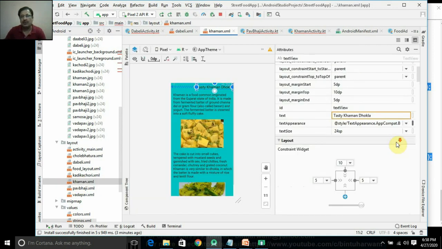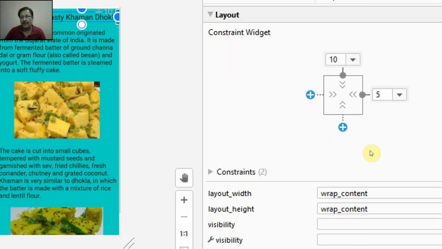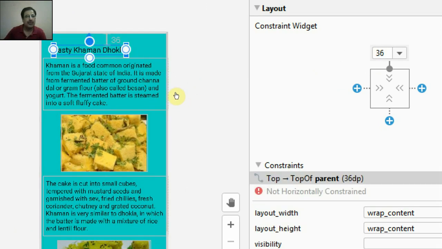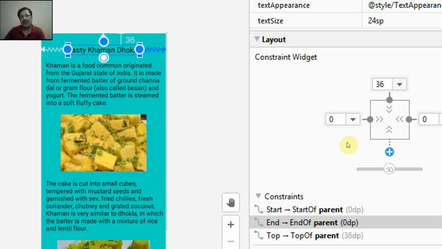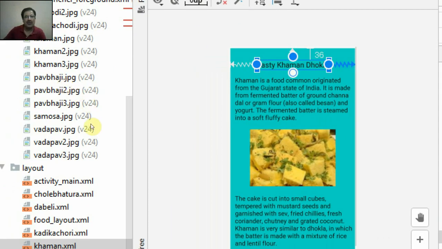So do one thing. Go to its components here. Here this cross. You delete this left constraint. Delete this right constraint. And then here you click here and drag it to here. That is, create the left and right constraints again. There was something wrong here.